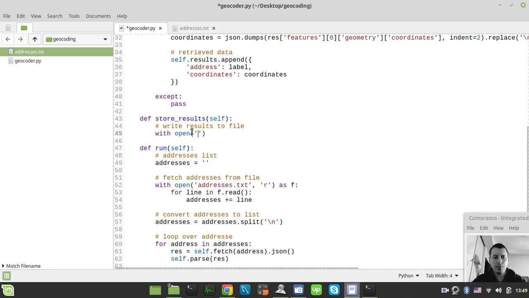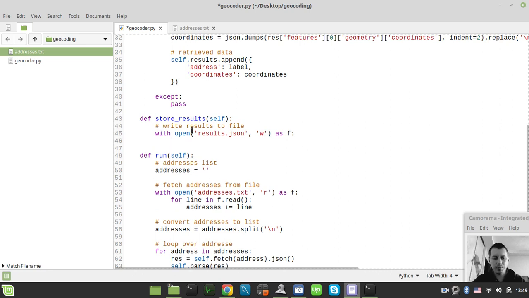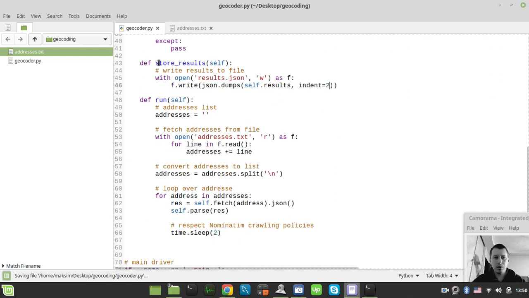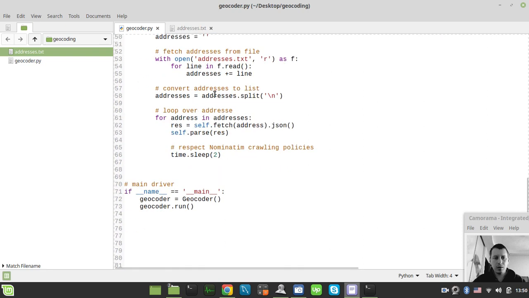So we simply say with open results dot json, let's store this to the JSON file as write, the file stream as file, and simply say file dot write, and here json dot dumps self dot results, and also to prettify the output we say indentation equals 2 spaces, and also we need to invoke the store results here